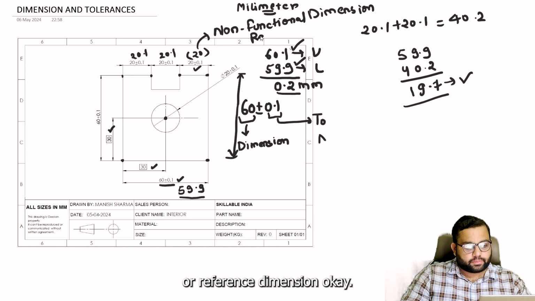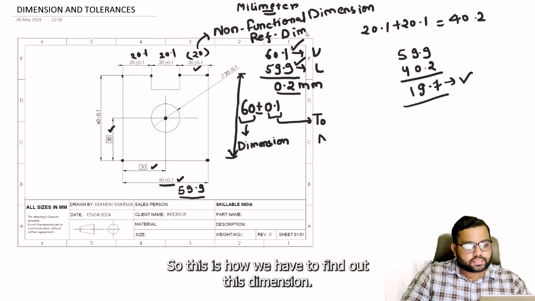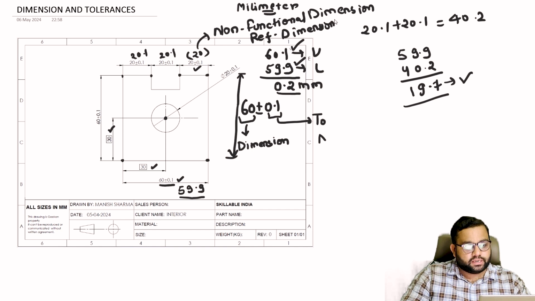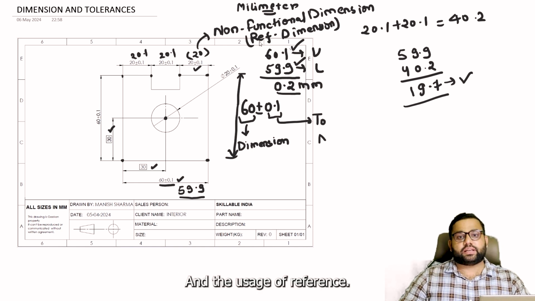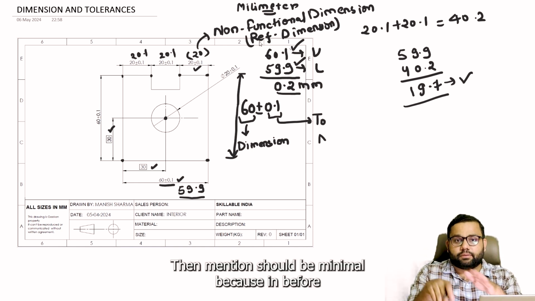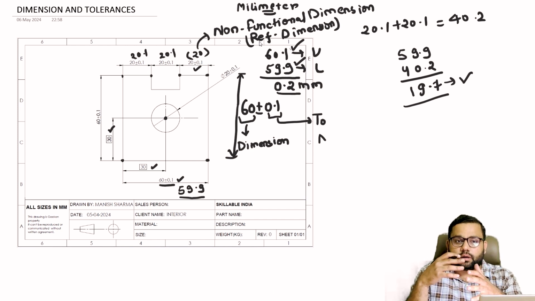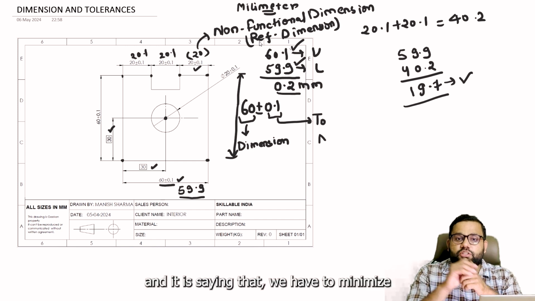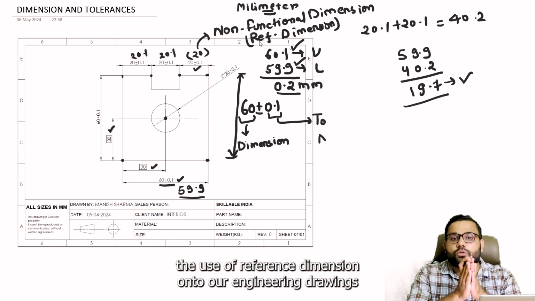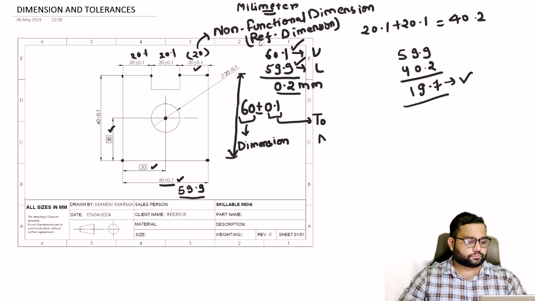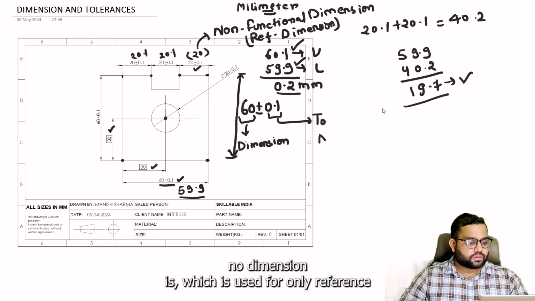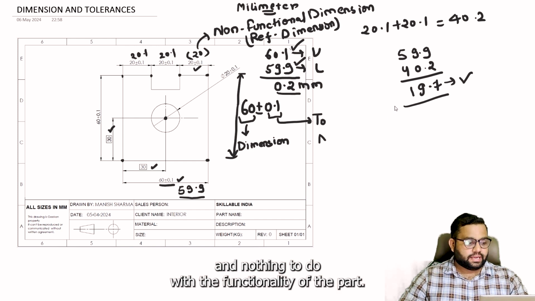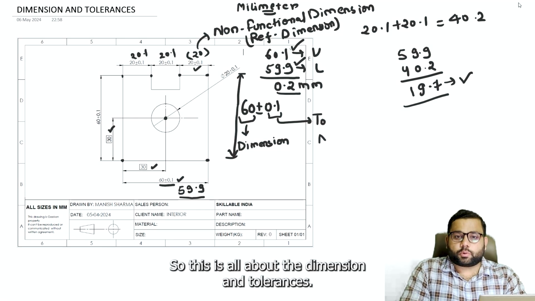This is how we have to find this dimension, and the usage of reference dimensions should be minimal, because the 16 fundamental rules of GD&T say we have to minimize the use of reference dimensions on our engineering drawings. The reference dimension is used only for reference and has nothing to do with the functionality of the part. So this is all about dimensions and